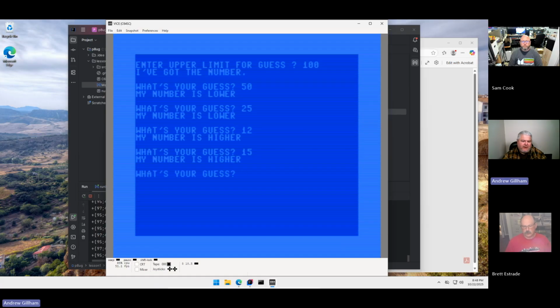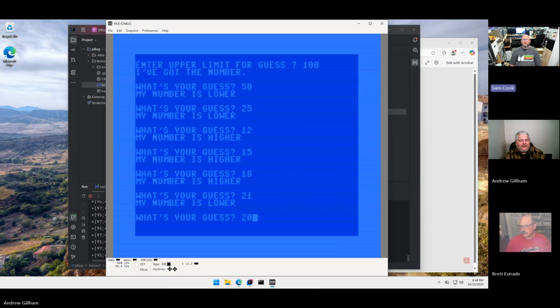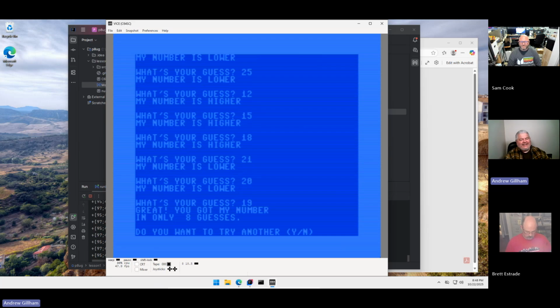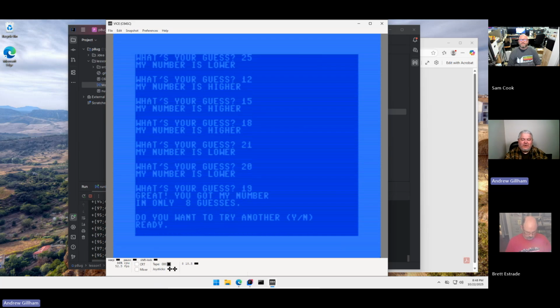This isn't a proper binary search here, but basically you just keep guessing. Can you get it before you scroll off the screen? Yeah, I was going to hope to. But all right, it's 19. Do I want to try another? No. So if we look at this